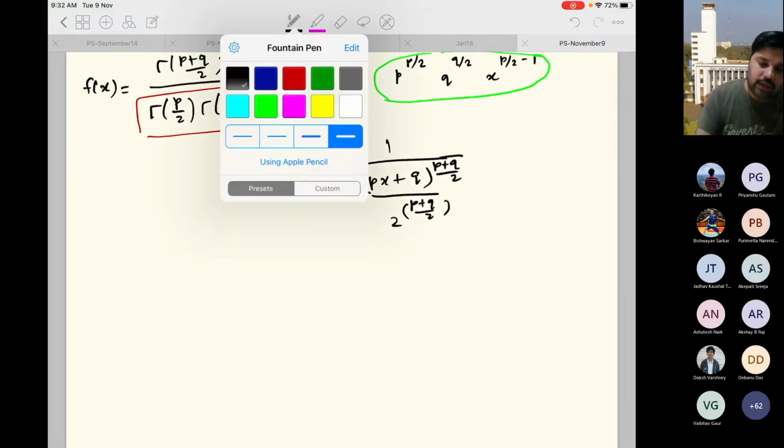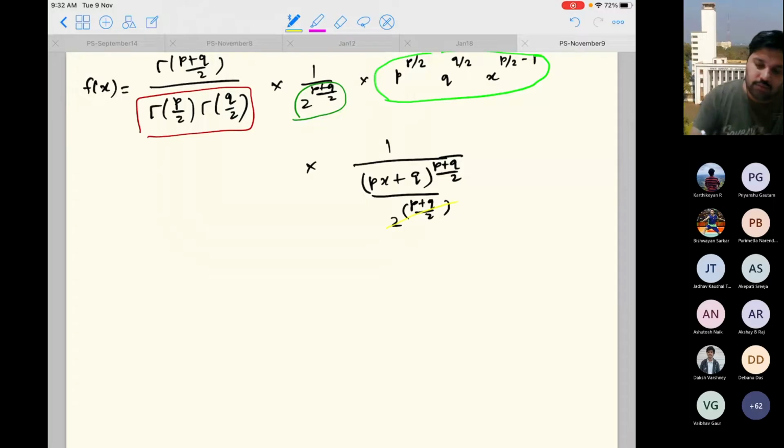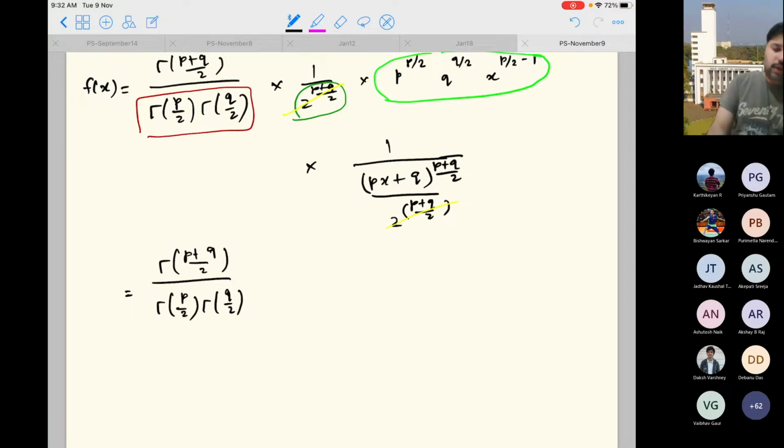Now you see I can cancel this 2 to the power, and if I take q common from this denominator, then what will happen? You will have gamma p plus q by 2 over gamma p by 2 into gamma q by 2. So this is the factor that you'll have. Then you will have